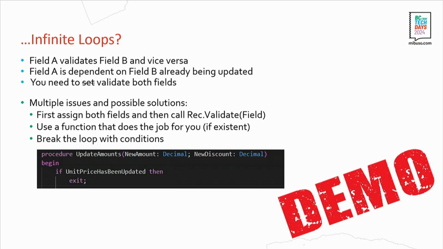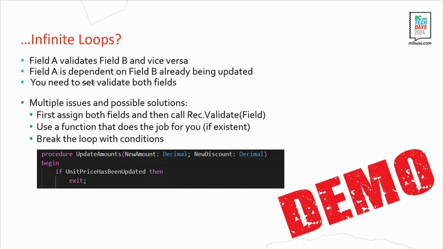Yeah, there are different kinds of scenarios which raise different kinds of issues. For example, the start date, end date kind of thing, where you want to make sure that the start date is not after the end date, but you cannot publish the start date first because then it will raise an error because the end date is still there, and then it will be before. Those kinds of scenarios.